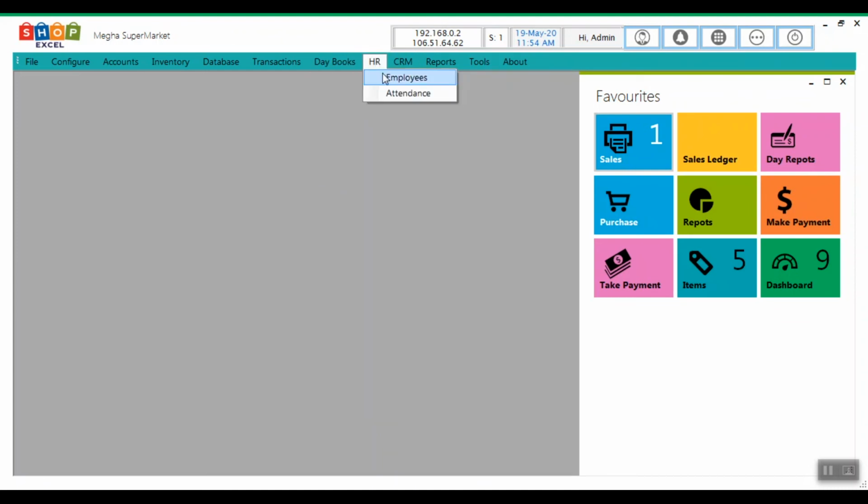You can create your employees over here, and we have a good feature over here. If you configure the SMS in our software, you can directly send promotional messages from the software to the customer. You can send a single SMS, group SMS, you can even send a mail also. These are the monthly reports I have explained.